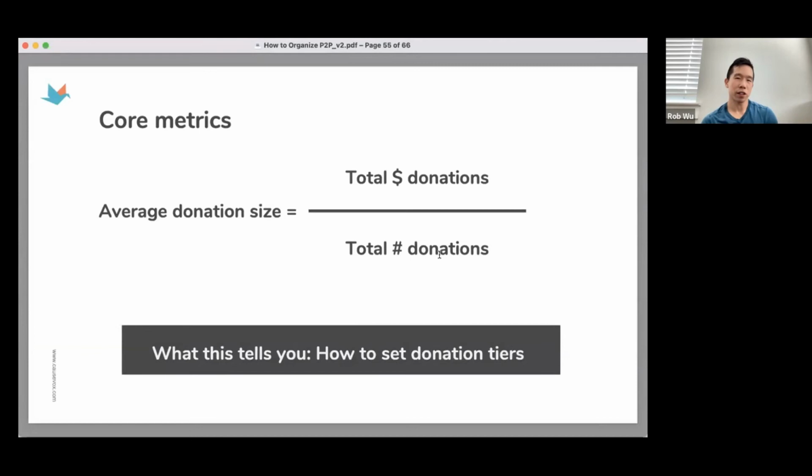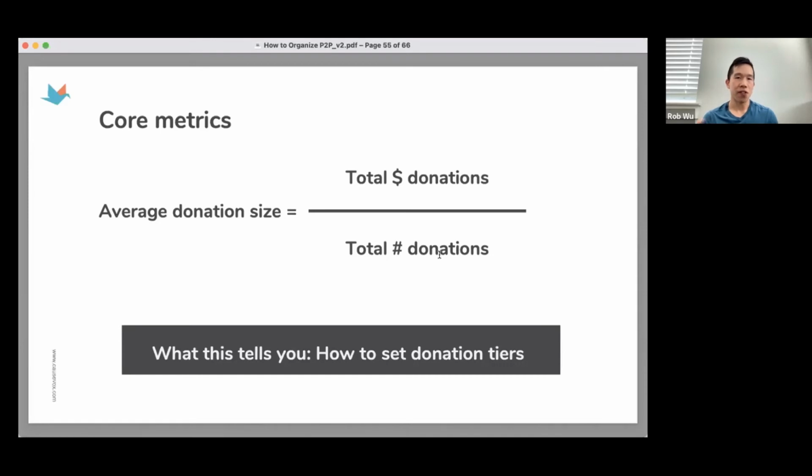So when it comes to reporting, there's a few metrics that I think are very important. I think it's very easy to be overwhelmed by how you can track a lot of different things. But when it comes to it, I have a few metrics that I look at. One is average donation. So what you want to do is pull a report from your CauseVox platform, or whatever platform you have. And then you want to add it up, look at the total amount you raised through your peer-to-peer campaign, divide that by the number of donations, and that will give you the average donation size. Why this is important is because then you can use this insight for your next peer-to-peer campaign, so you can help set donation tiers and reference points.